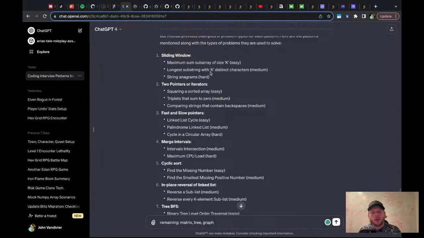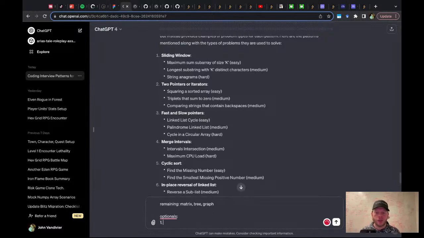Sliding window, we're good. I didn't get a fast and slow. So optionals: fast and slow. And two would be, I think I got a sliding window, but specifically not even sliding window, just a subarray.